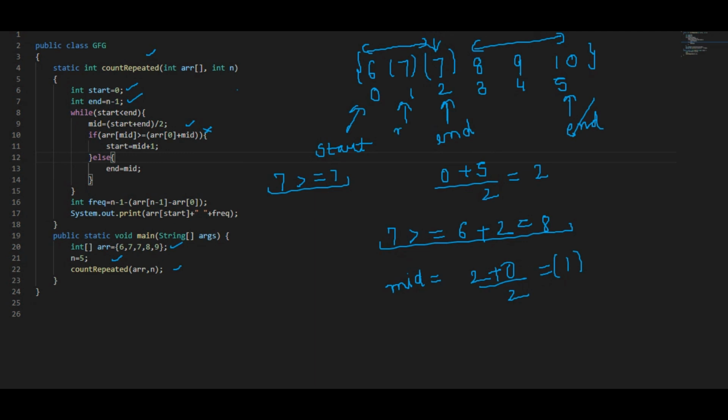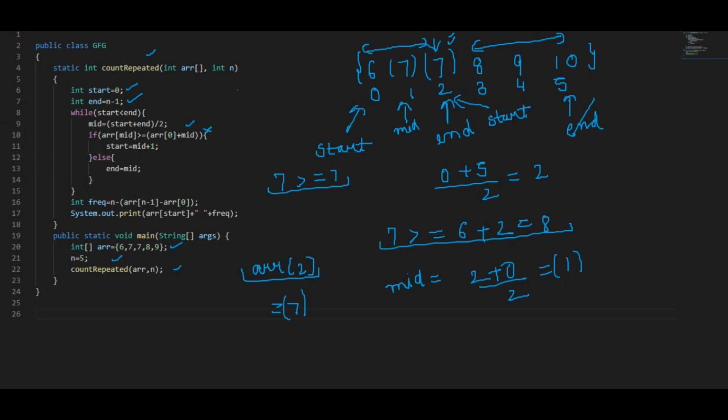So our mid is this. So our start will be pointing at second index now. Now our start and end are pointing to the same element, which is the second element. So this loop will stop because it will run only till end is greater than start. Now we have got our element, that array of 2 is the element which is repeating itself, which here is equal to 7.